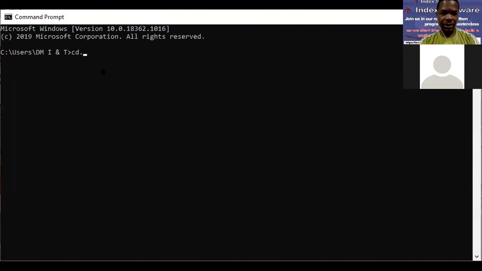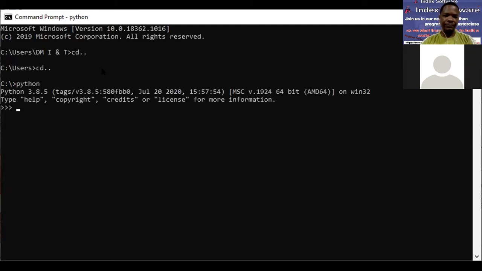So let me go to my C root. If you type Python and press enter, it doesn't throw up an error, but gives you the details of the version of Python that you have on your system. You know that you have it, but I know that most of us will not have it. So I have Python 3.8 installed here, and for me to proceed, there is a command called help that you can type to get information on some things. But basically, I want to start with all of us having it installed on our system.